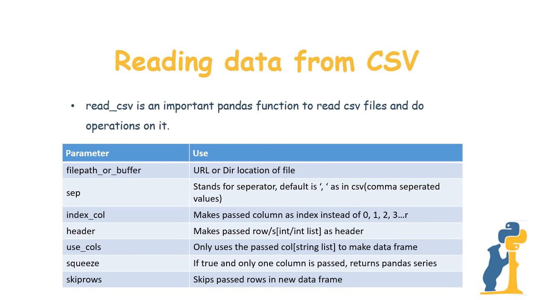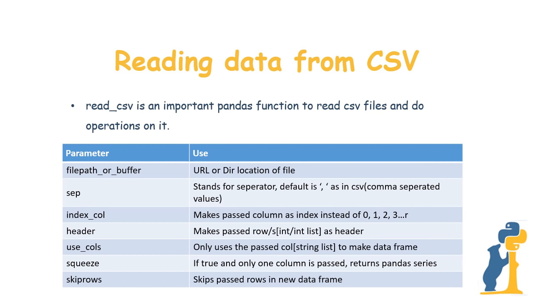File path is used to represent the path of the file. Separator is used to separate each field from one another. Index_col makes the passed column the index, so it makes indices. Header makes the passed row